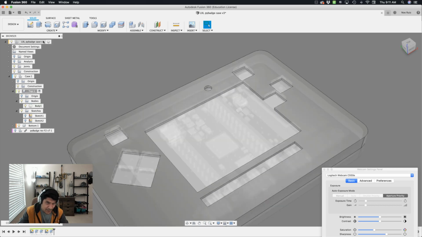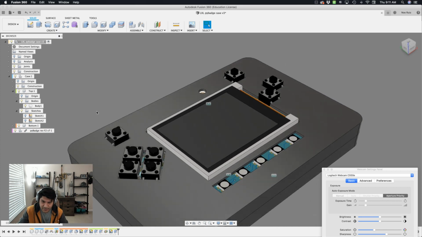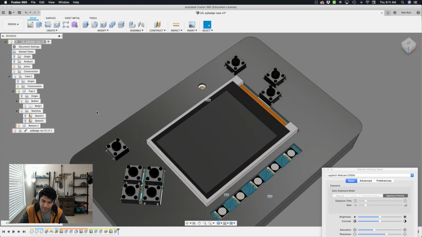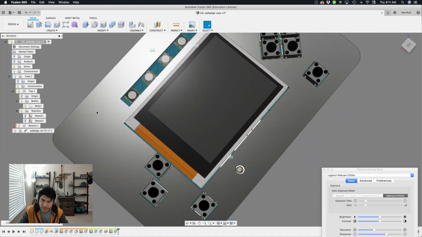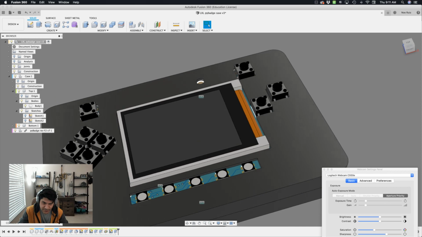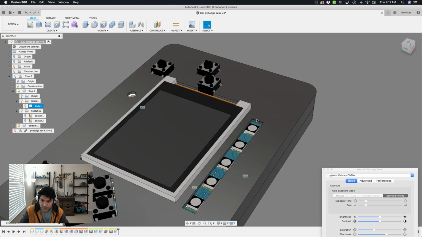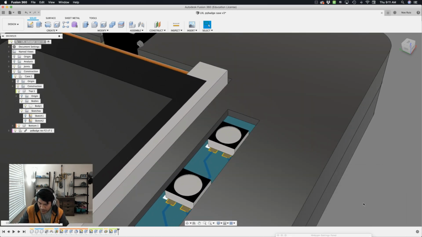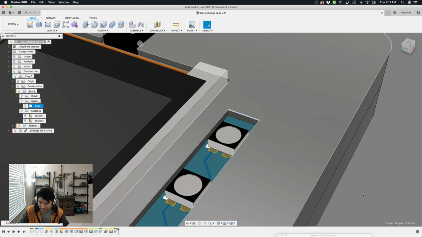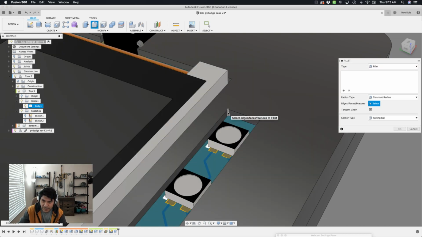Let's go ahead and activate the main component, the main root of the document, and turn on the PCB. And we can get a good look at our exposed components. Sweet. So that gap there is just slightly apparent when you look at it top down, but when you print it out, it's pretty flush because of the way the printing expands. So I was talking about that fillet. So if we look at this edge here, let me hide this window, and then if I click on this guy here, you can see at the bottom it gives us the length of 4.3. So I'll bring up the fillet tool with the hotkey F,